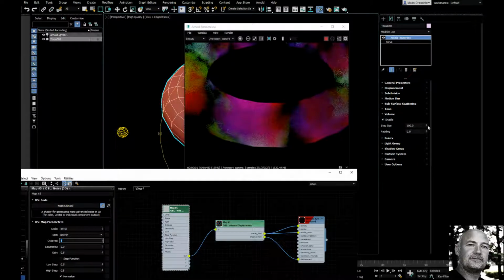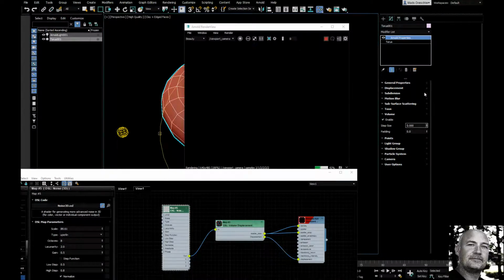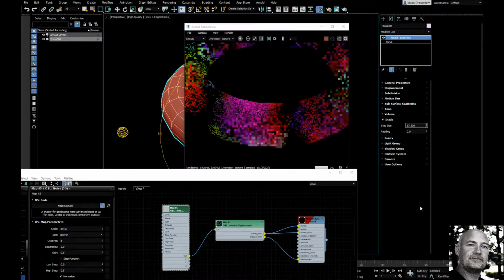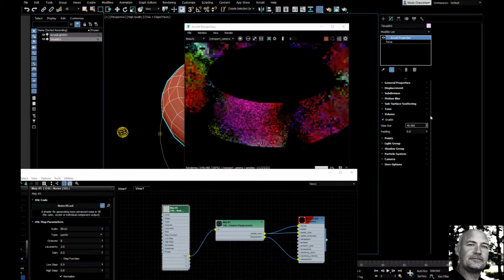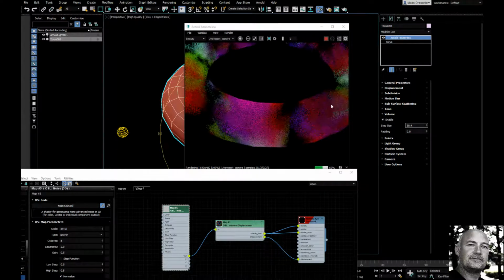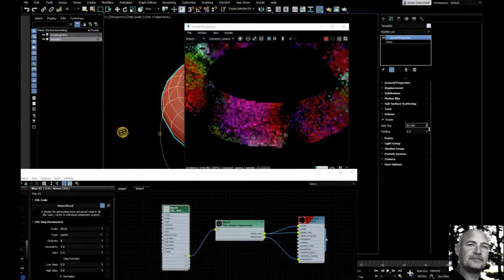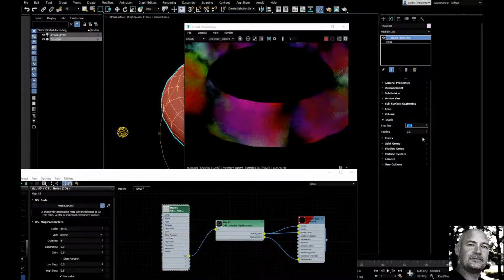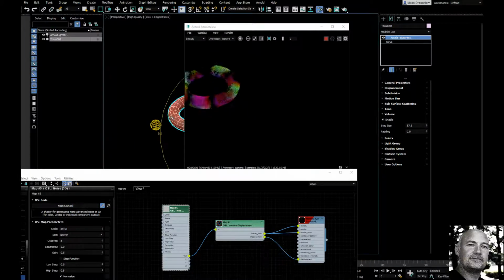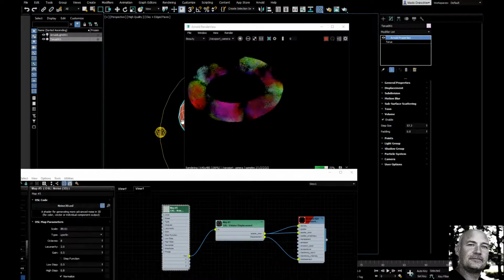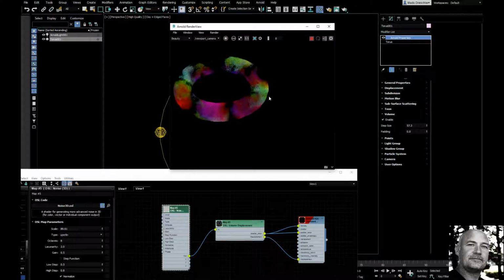Really, what the step size does is that it's skipping. You can see here it gets coarser and more coarse. And you can see here something is happening over here once I do this. You would never render finals with this high value, but it's really good for debugging and while you work, because it's extremely fast to render, while still giving some reasonable representation